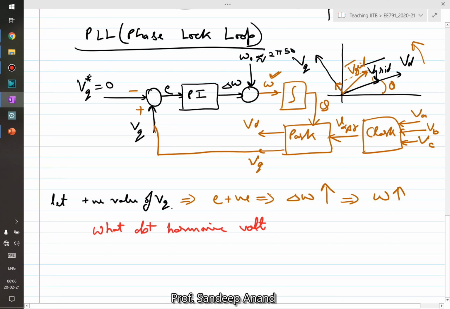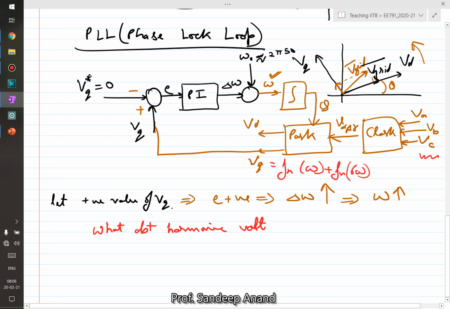So let's say now the grid has harmonic voltages, ABC have harmonic voltage, then we understand that the D and Q components will have oscillations because of that. If it is third harmonic, that will predominantly appear in the zero sequence, as we have discussed, so that may not really affect the operation much. The other is if you have, let's say, fifth harmonic, it will appear as a 6 omega t term here. So now here, VQ will be a function of the omega term, and will also be a function of the 6 omega term.